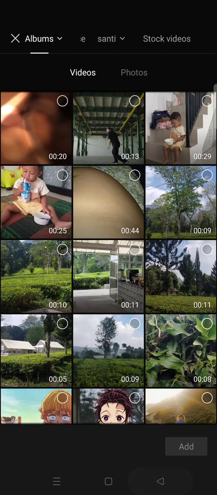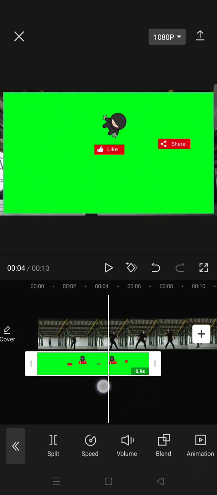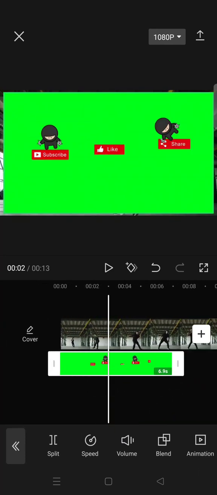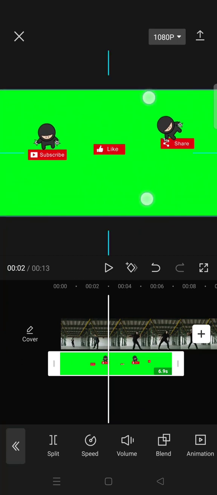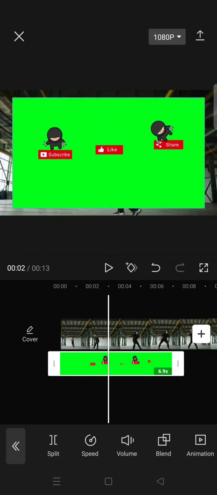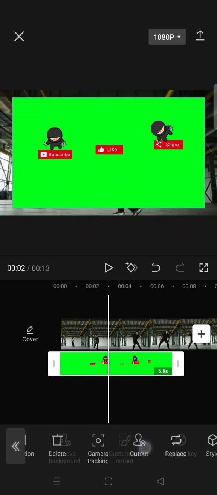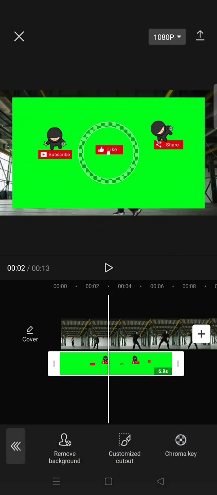You can see the green screen overlay that I added has a subscribe, like and share button. So to use it, after you import, just fit the size into the one you want, and to get it off the green screen you can just go to the cutout menu at the bottom and use